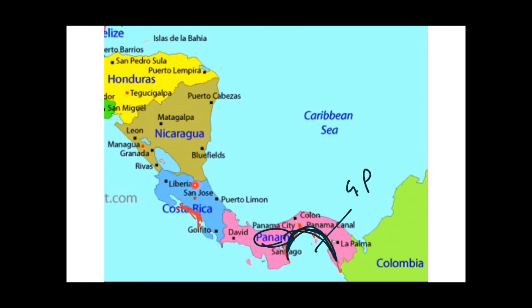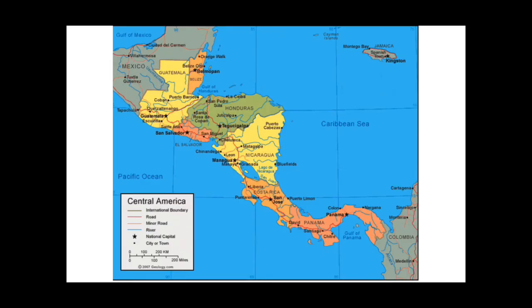Okay, and you can see to the north of Panama lies a country, that is Costa Rica. And like the Gulf of Panama, here also there is one bay, that is Coronado Bay. So if anyone asks you where Coronado Bay lies, then you can say that it lies on the coast of Costa Rica. Here in this map you can also see that this is Panama and this is the Gulf of Panama, and the country in the north direction of Panama is Costa Rica, and this bay is Coronado Bay.